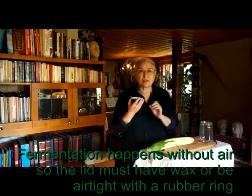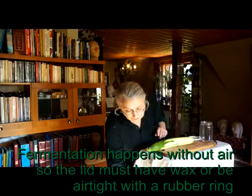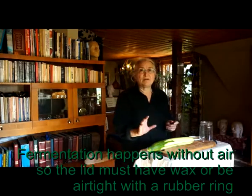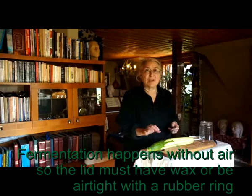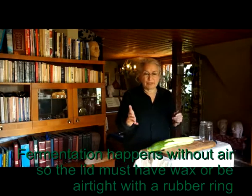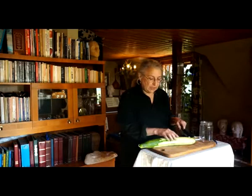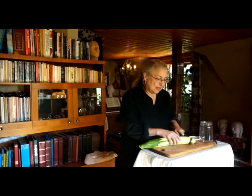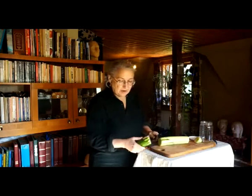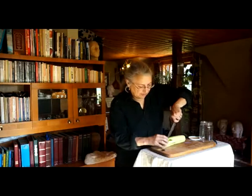Make sure that the lid has a little bit of wax in it, because it's very important that there isn't any air going in there. The whole idea of ferment is that the bacteria is in everything, but as soon as you mix it together with salt and perhaps some old pickle juice, you're going to deprive them of oxygen, and in this place without oxygen they can develop. So now we'll cut this,